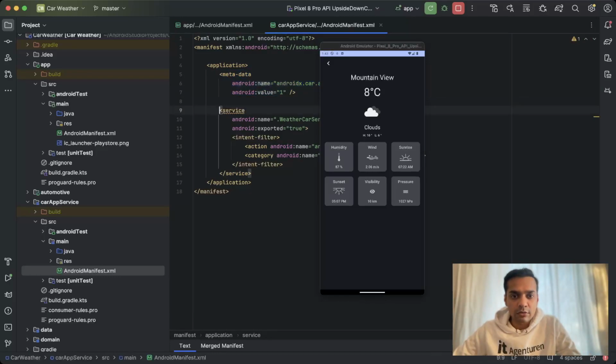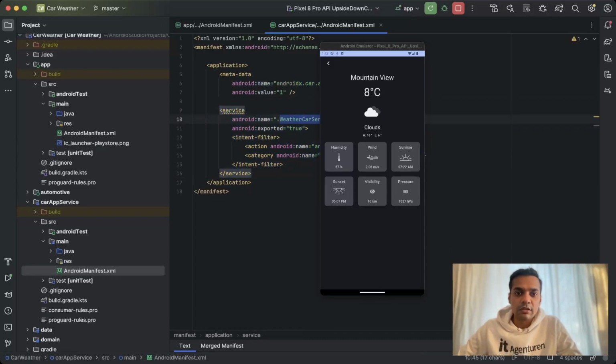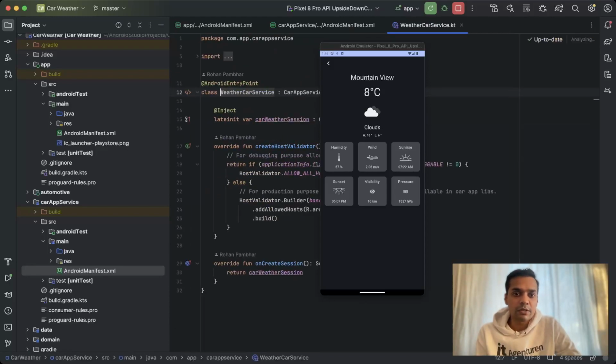And then it also has this component service, which the Android Auto host app will find, a service that extends the car app service from the car library. And we have exported it so that the Android Auto host app can detect this service and start it. Once this service is triggered from the Android Auto host app installed in your Android phone, it will create a session